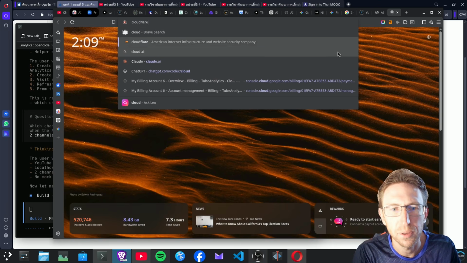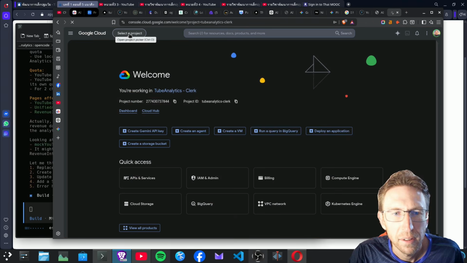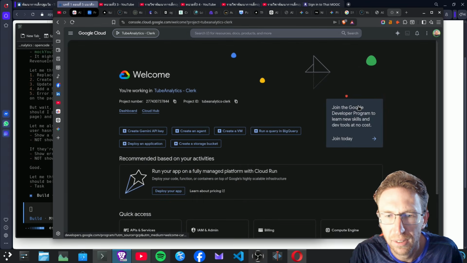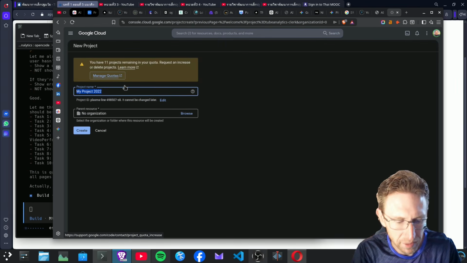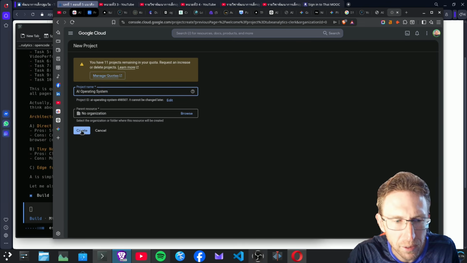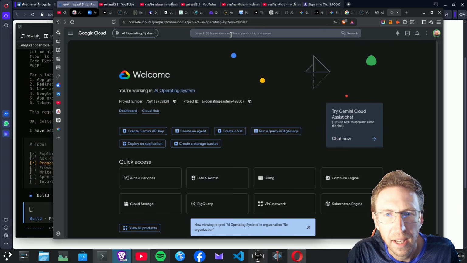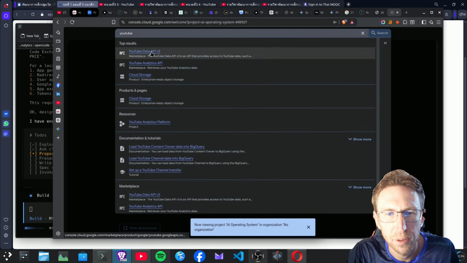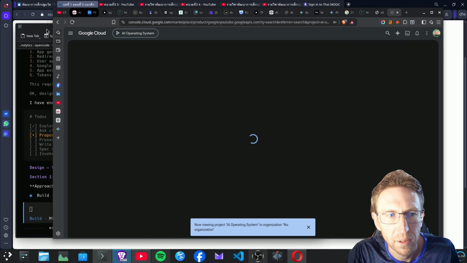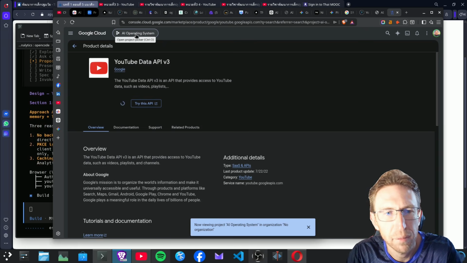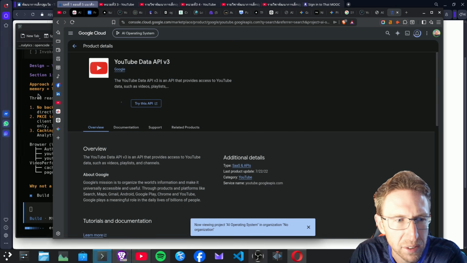And in order to get that, we're going to come over to Google Cloud Console. So in this case, I'm just going to create a new project in Google Cloud Console, and I'm just going to call it the AI operating system. There we go. No organization, we can leave that blank. And from here, we would need to add the API. So I'm just going to search for YouTube Data API. We can go ahead and pull that up. And from here, I'm just going to go ahead and enable that for the AI operating system project